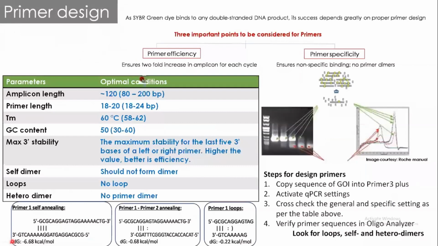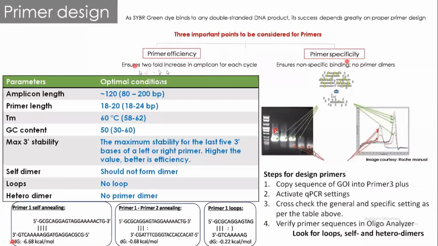And specificity means it should not form the primer dimer, or it should not go and amplify the co-amplicon or non-specifically bind to amplify a second target. And that can be found using the melt curve. So when we are designing primers, as we did yesterday using Primer3 and the OligoAnalyzer software,